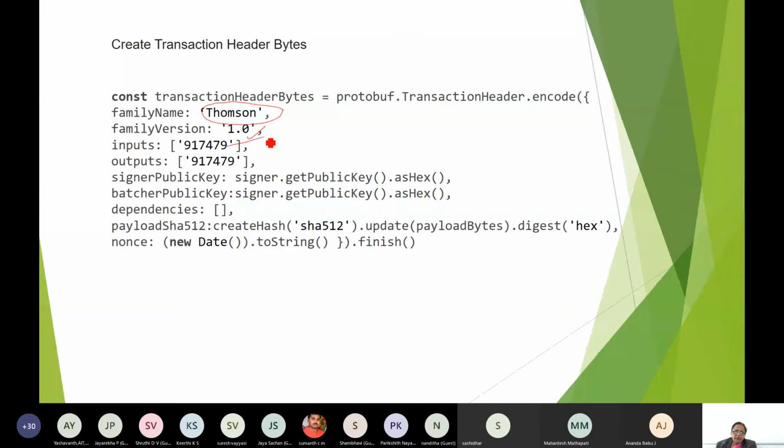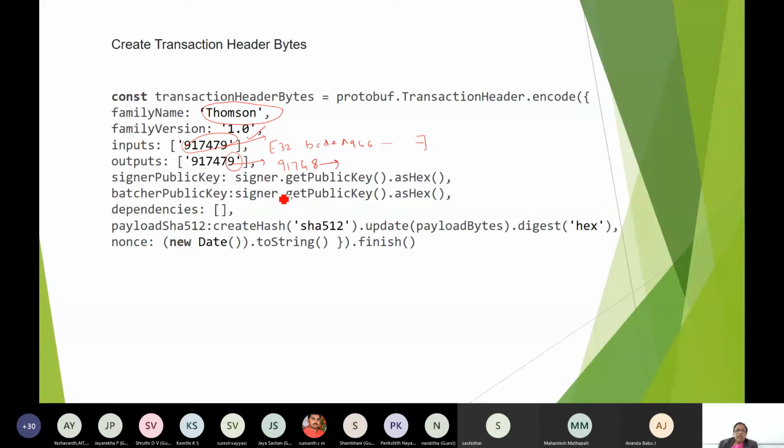Then inputs will be an address of 32 bytes in hex, like B, C, D, E, A, 9, 4, 6, something like that. The total of 32 bytes will be there. Outputs also will be there. So this indicates that you read from this one. You can write to the same address or whichever other addresses are given here, whatever you specify there.